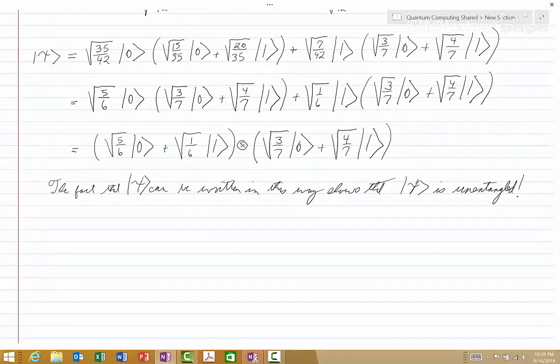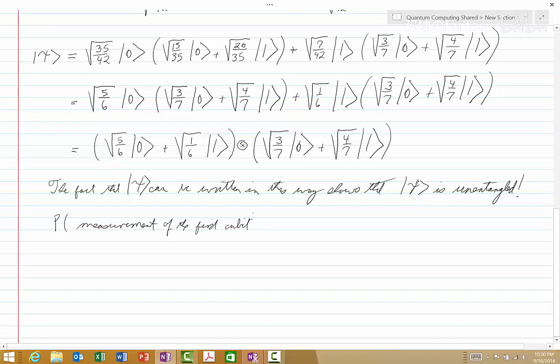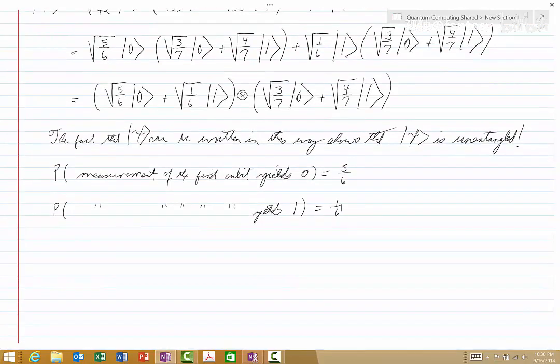Furthermore, the probability that the measurement of the first qubit yields 0 is equal to 5/6, and the probability that the measurement of the first qubit yields 1 is 1/6. But now, and this is the critical point,